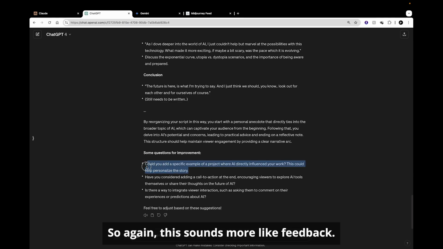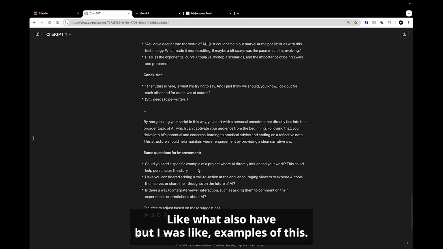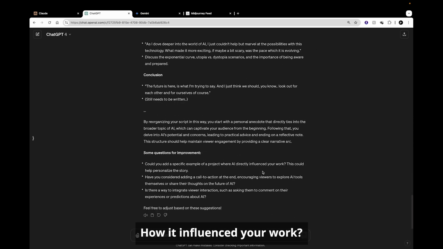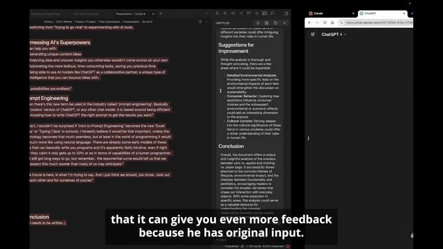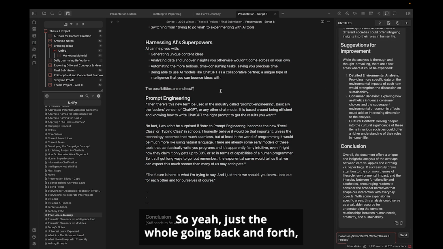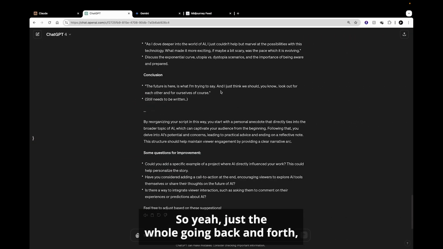So again, this sounds more like feedback, like could also have been put out like, oh, add examples of this, how it influenced your work. But sometimes I'll ask you questions that once you give it that, it can give you even more feedback because it has that additional input. So yeah, just the whole going back and forth,